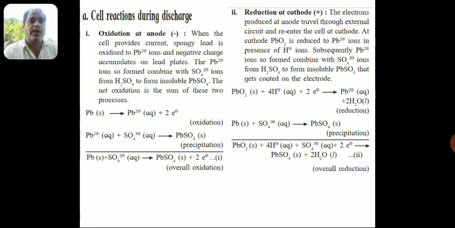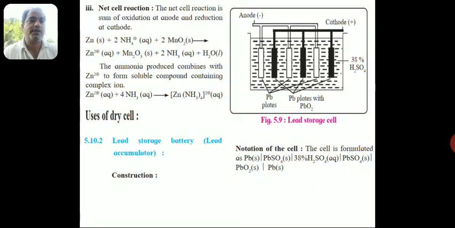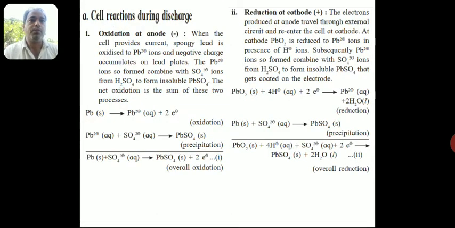When the cell provides current, spongy lead is oxidized to Pb2+ ions, and negative charge accumulates at the lead plates. See, at the anode, Pb2+ ions form, and the negative charge accumulates on the lead plates. Negative charge means electrons. Those Pb2+ ions so formed combine with